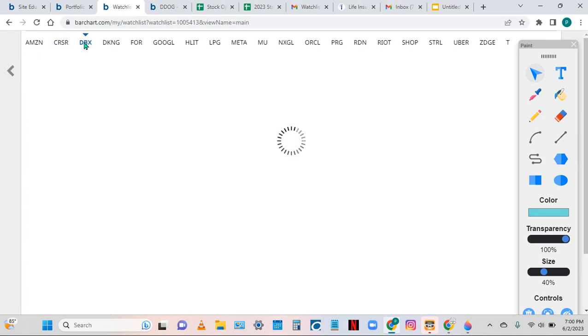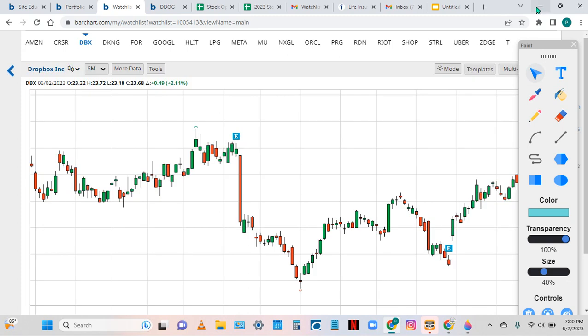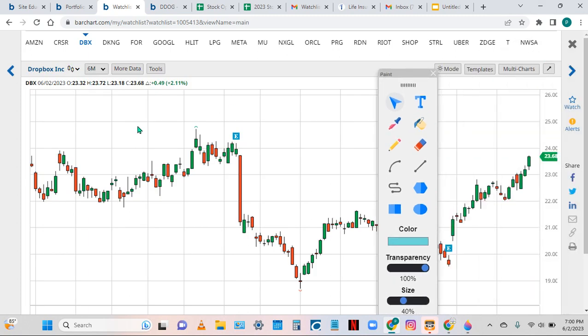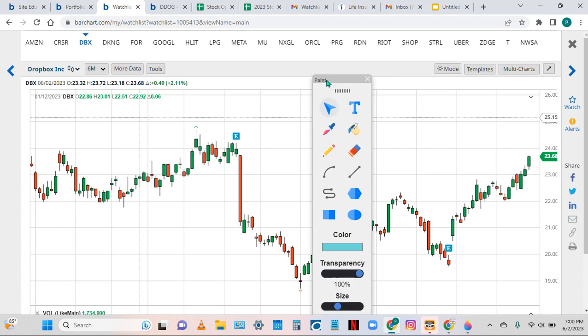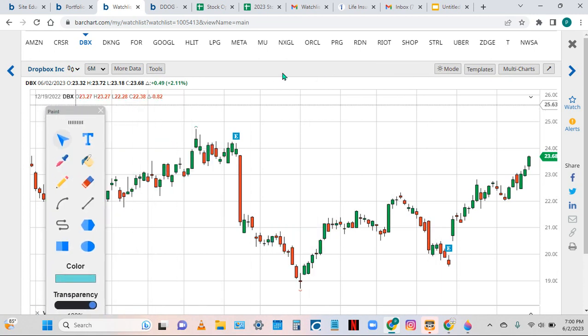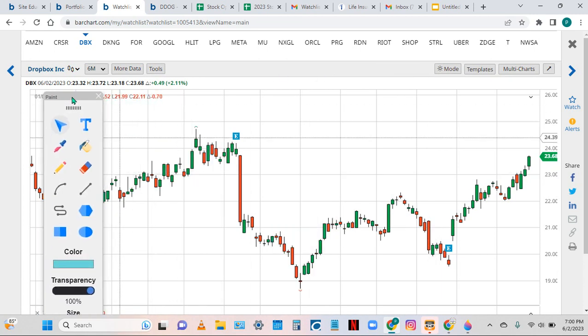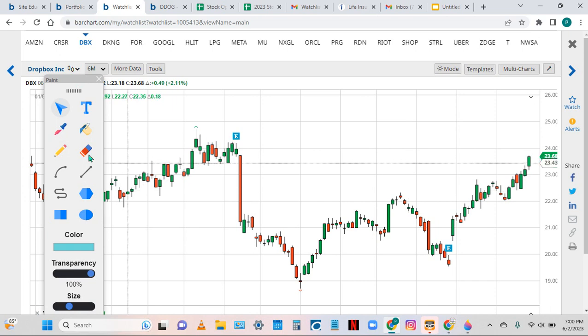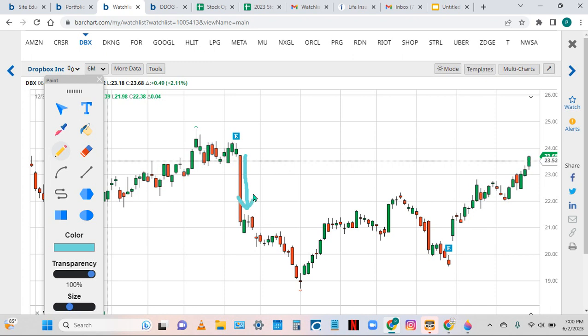Take a look at Dropbox. Let's move this over here. Sorry about that. That was in the way. So here's Dropbox. And you can see here we got a nasty, ugly red candle, downtrend, a 3-bar turn here, which there's no way I would have bought, up to a new base, consolidated for a couple weeks, broke out,